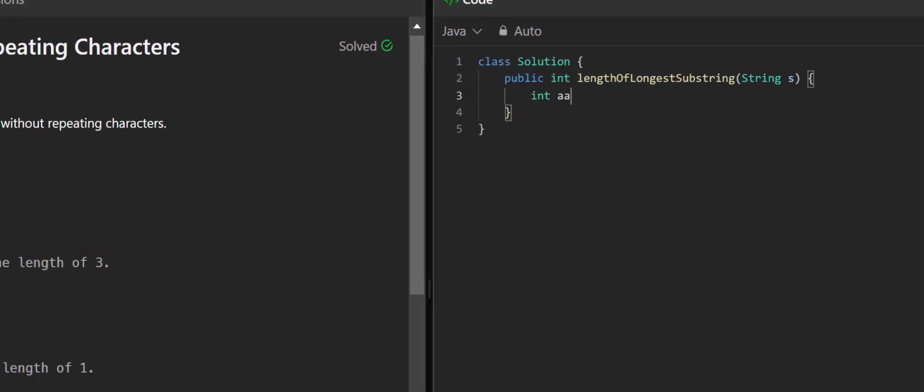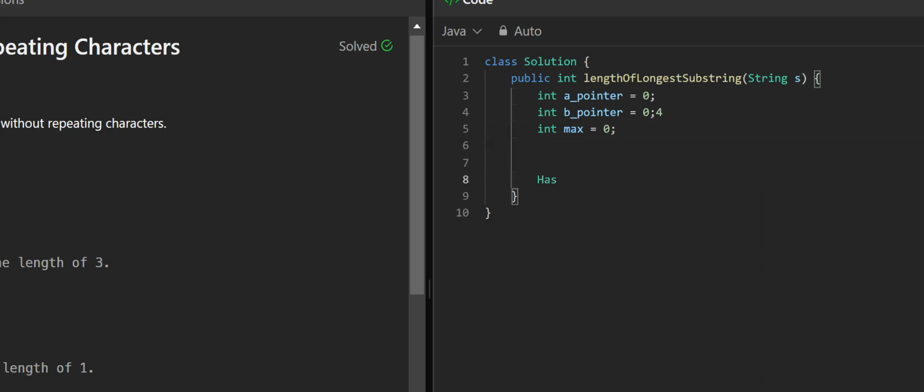First of all, we'll initialize two pointers as 0, and what we have to do is find the maximum substring, so we'll also create a max variable. We'll be creating a set called hash set of characters.